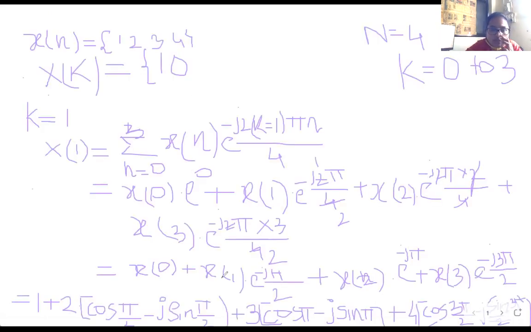Okay, so I'm going to write here because I cannot erase. So here, what will you do? Next point, I want to find out x of 1, so I have to substitute the values subsequently. The first value: in the earlier slide, we have seen what x of 0 is. X of 0 is 1 plus 2 into cos pi by 2.